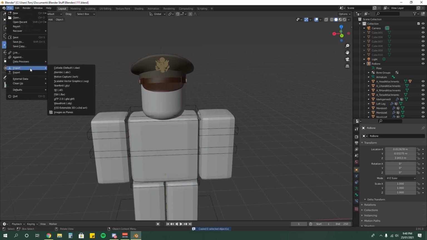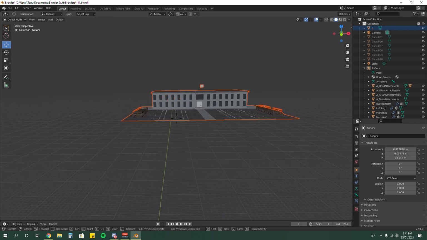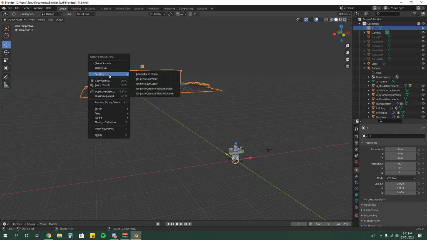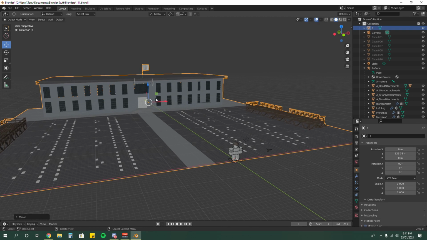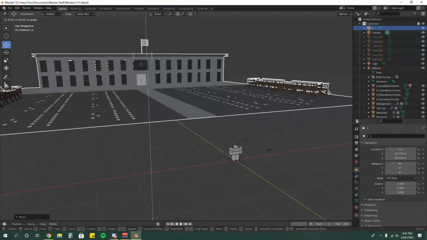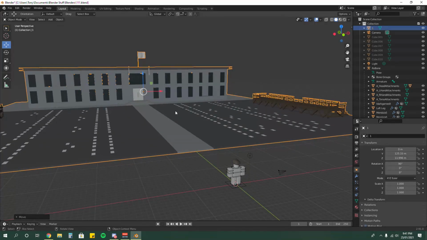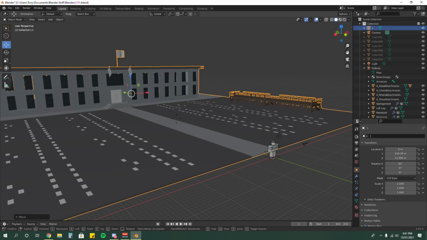Alright, and for the model, the background, etc., we're going to do the object and make sure it's ticked off, split by group. Alright, and there you go. You got your model here. Okay, you want to right click it, set origin, geometry to origin, so it sends. Yeah, and you can just adjust it. There you go, like that. And then you just move this towards it, like that.